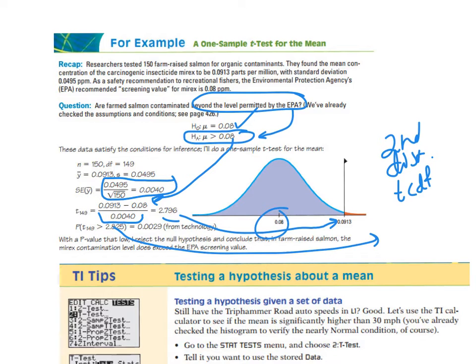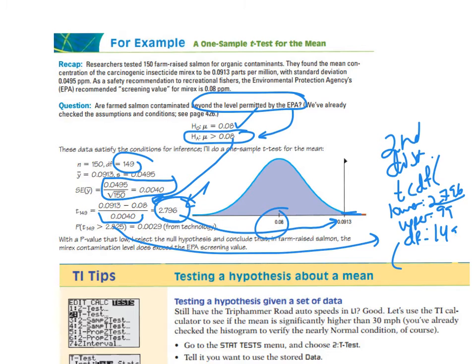So in those little options, you're going to have a spot to put your lower bound. Your lower bound in this case is going to be that t-score, right? Because we want to shade to the right. So lower being 2.796. Your upper, as we're used to doing, is just 99. And then they also want your degrees of freedom. So again, if you have the older calculator, in between all these you're putting commas. So it would be tcdf, this number, which comes from here, comma, 99, comma, your degrees of freedom, which, if you look at the problem, was 149. So that actually gives you